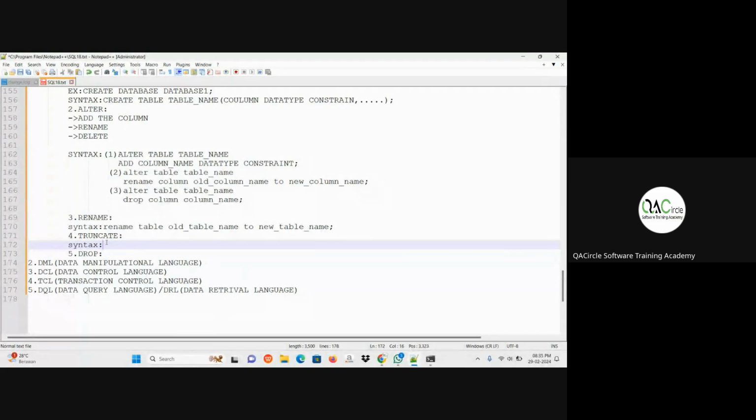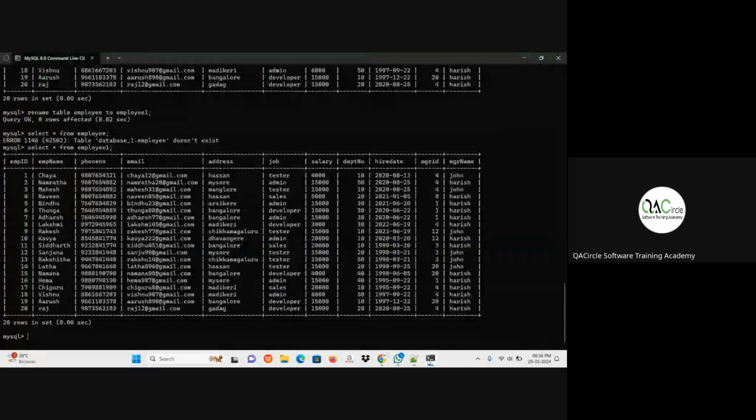Okay. Truncate syntax is: truncate, you should mention you are deleting the table, then you should mention the table name. Now I'll show you the example.